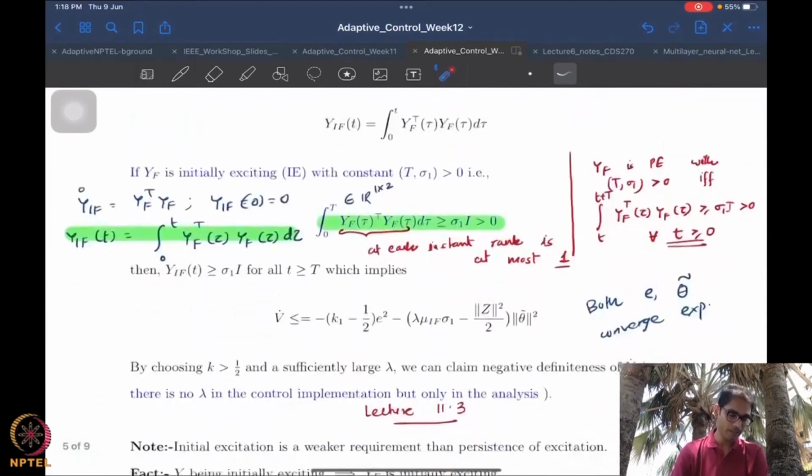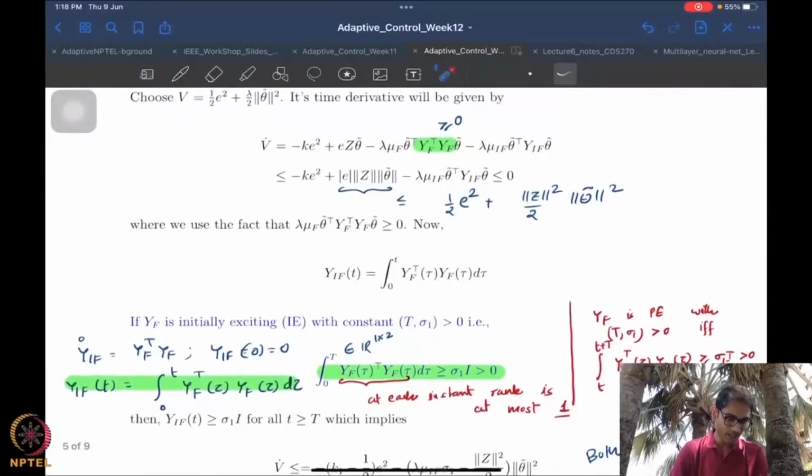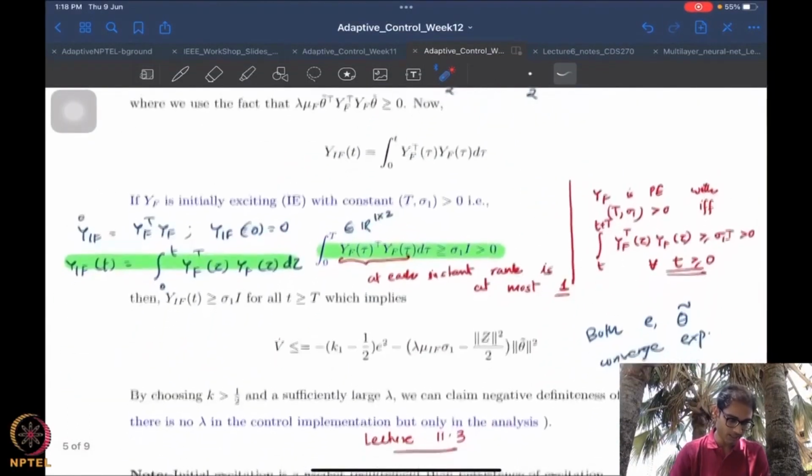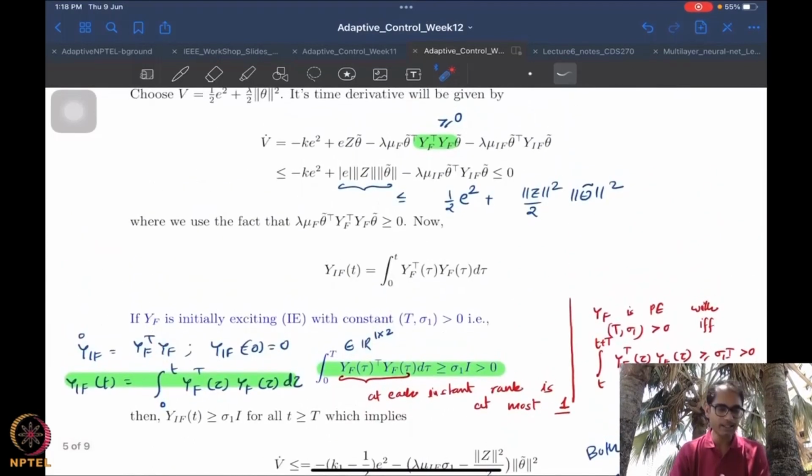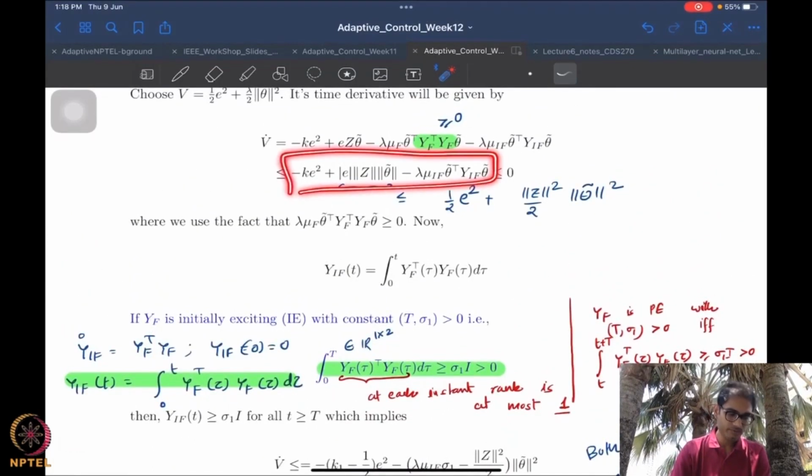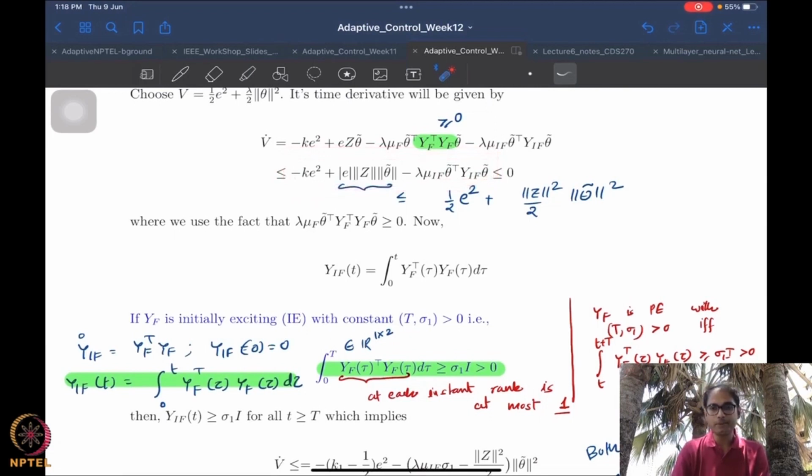If you look at the Lyapunov analysis, essentially you have this term. This is your actual term. You get this term only after you have excitation. If you don't have excitation, you are left with this term. And then you still have some serious issues, because this term is not necessarily positive definite. It's only negative semi-definite. So you still have this non-strict kind of a Lyapunov function, which therefore means that you still have a robustness issue in the presence of disturbance. So you have not resolved robustness per se. Okay, great. So I hope you understand that.